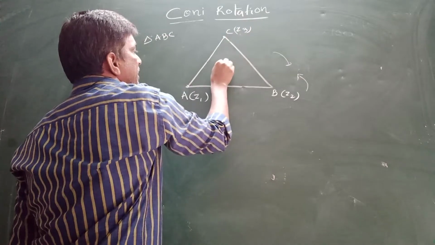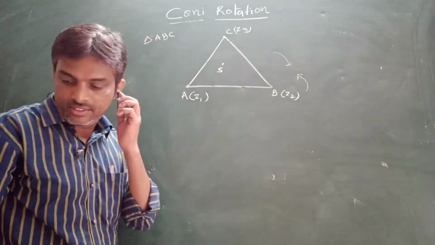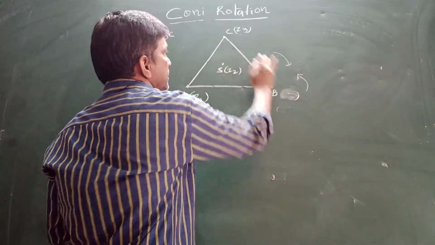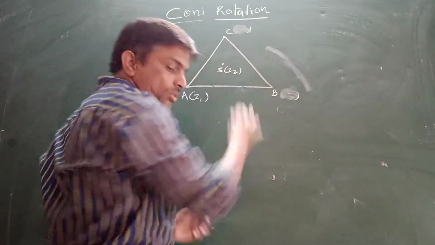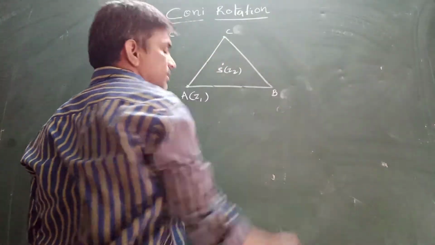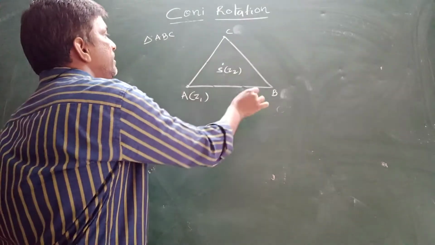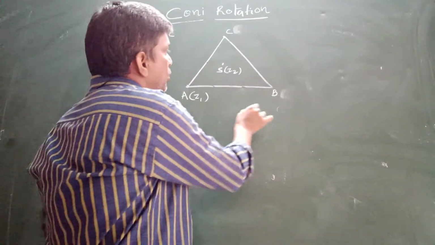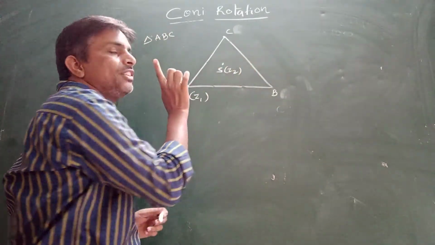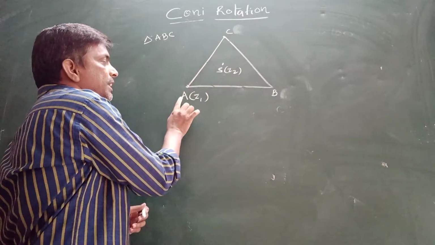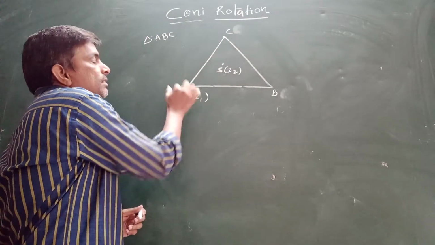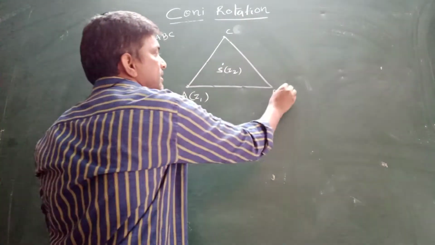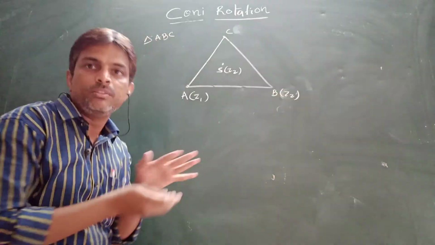Now here, S is the circumcenter whose complex number is Z2. Once again, ABC is an equilateral triangle oriented in the anti-clockwise direction. S is a circumcenter whose complex number is Z2. A is one of the vertices of the equilateral triangle whose complex number is Z1. I have to find out B. Let us say this is Z. I have to find Z, that is my objective.